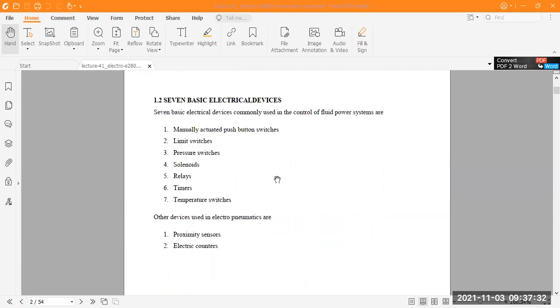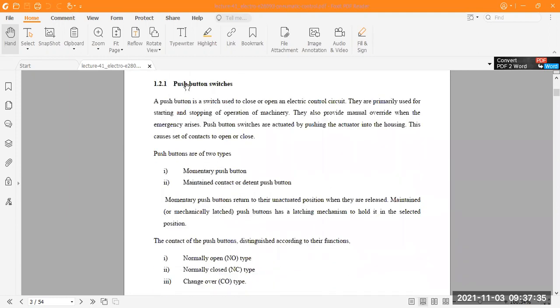Then we will discuss them one by one in detail. In the last classes we discussed the push button switch, so let me recall it. What is a push button? A push button is a type of switch used for closing or opening operations in electric control circuits.